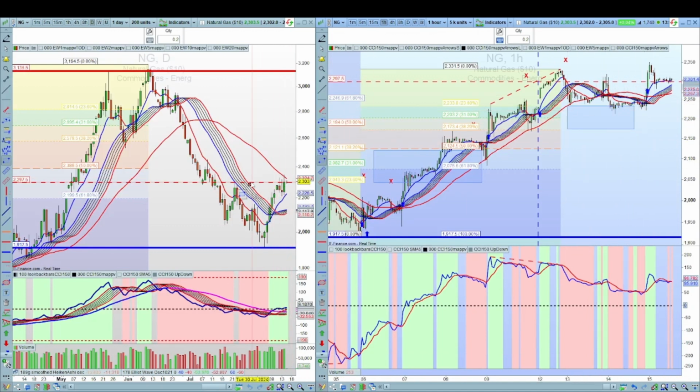And if it breaks through that resistance on the daily and shown there on the hourly, we're going to see further rises. Now the daily is showing a bullish movement, which is good, although the CCI on the hourly is still dropping, so just be aware of that. I'd like to see this break higher to be more bullish on natural gas. So just wait for this to break higher, specifically if it breaks higher than that previous range there, and then it starts moving in line, because normally the CCI starts moving in line with the price, and that's what you want to see, with the exception of these divergences.